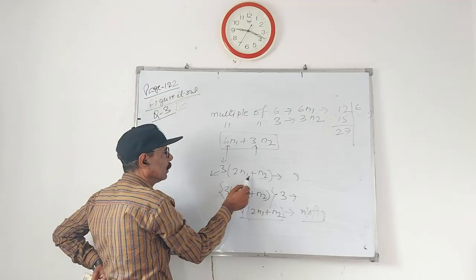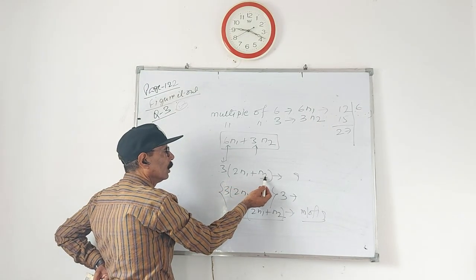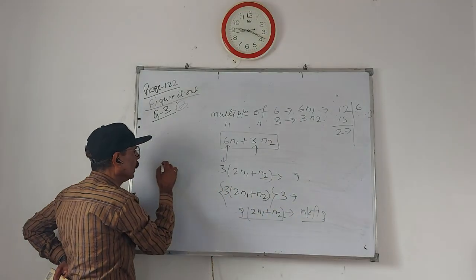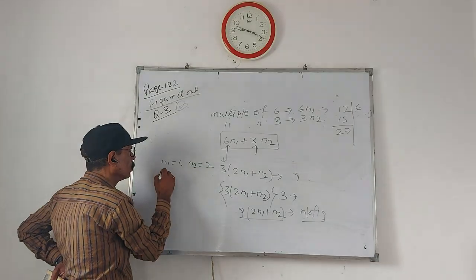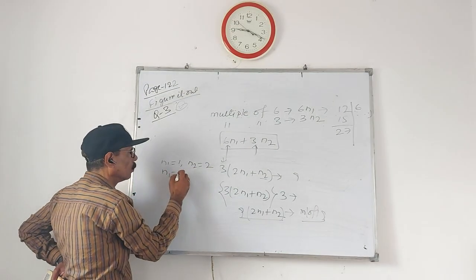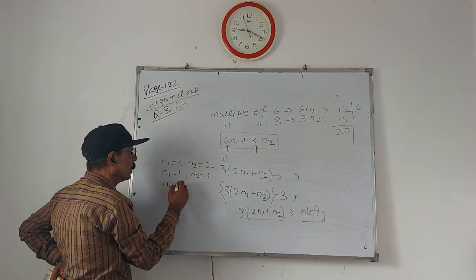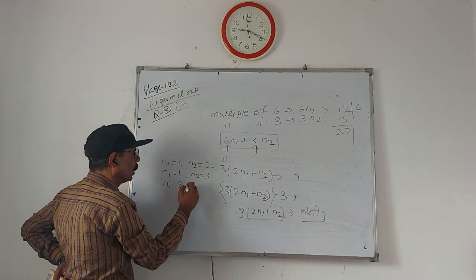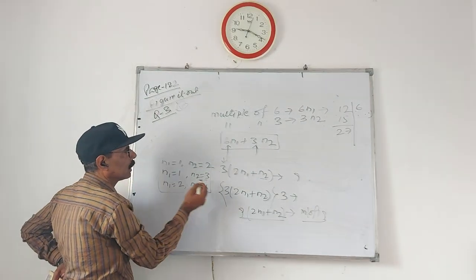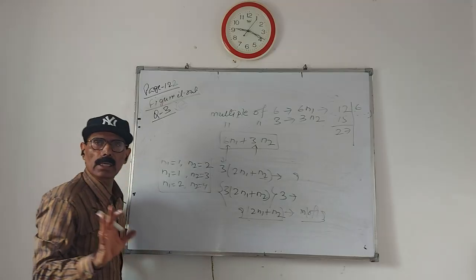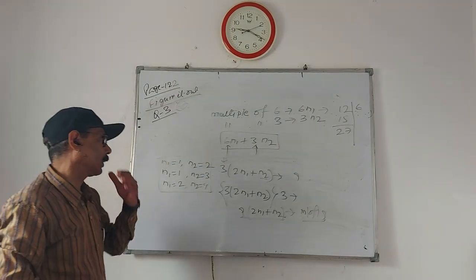3 ja 18. If n1 is 1 and n2 is 2, the difference. Let n1 be equal to 1 and n2 equal to 2. Okay, n2 is equal to 3, n1 is equal to 2, an even number, and n2 is equal to 4. In this case, check this equation, then the real result can be found out. Understood? Value of n1 and n2.